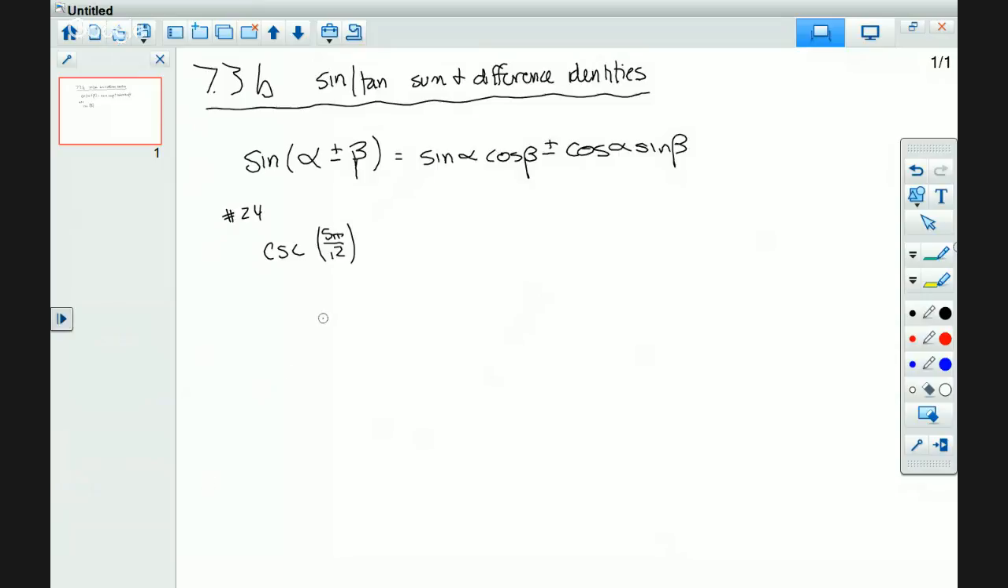So, 5 pi over 12. We have to figure out two numbers to add or subtract to that, right? And what was the advice I gave you yesterday? Put them in 12ths. All right, so